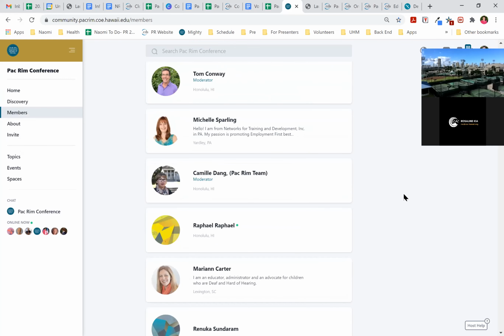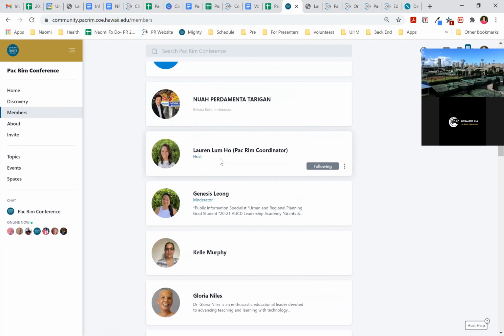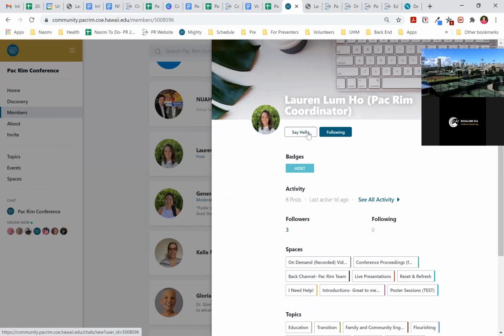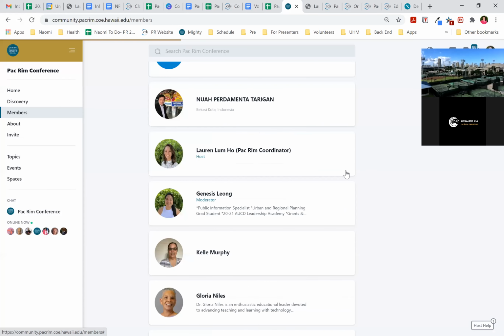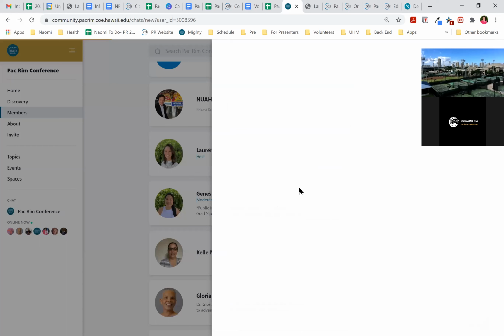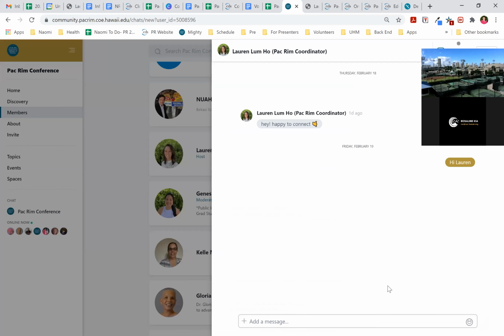You can also direct message folks in this way. So if you want to do that, you're going to find the person you want to talk to. You can either click on them here and then say hello, or you can just hover above and you see the three dots here. Say hello that way. And then you just click on the bottom and it's like any DM thing happening. So this is a great way, if you don't want to email your folks, to reach out to them on Mighty Network, your presenters for your different topics.